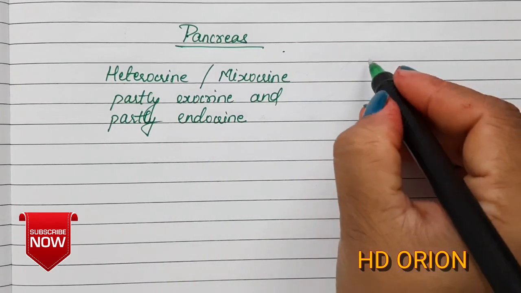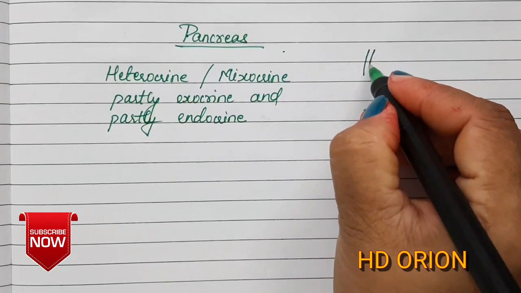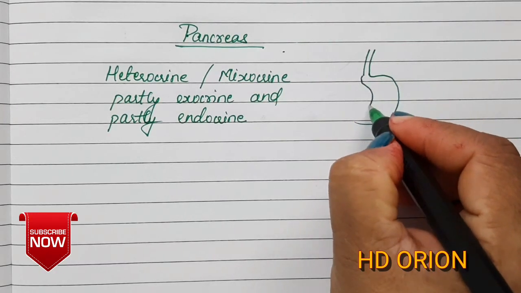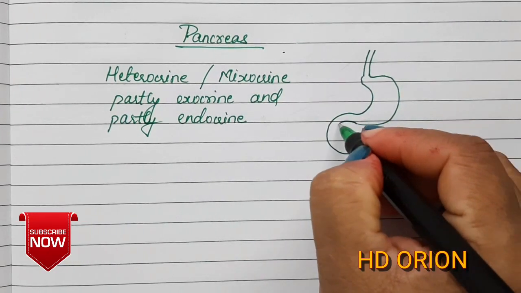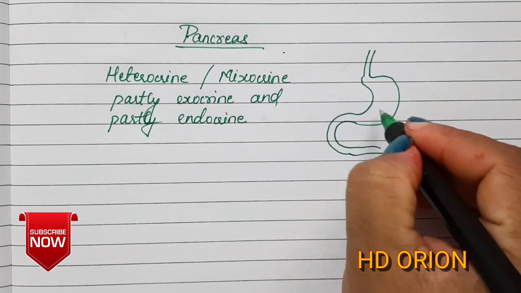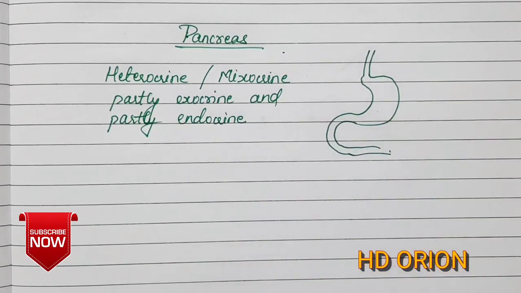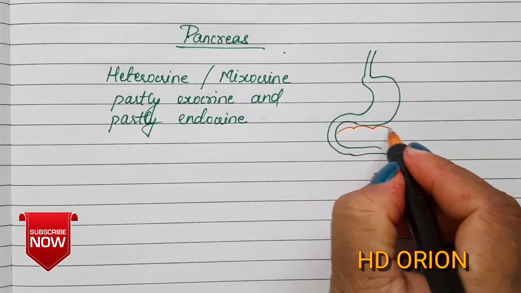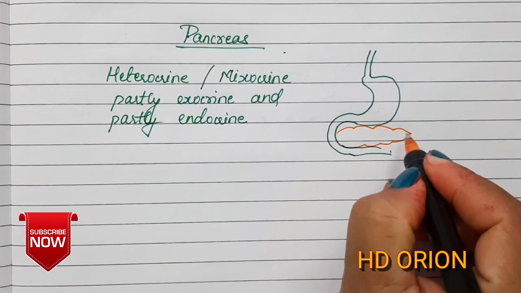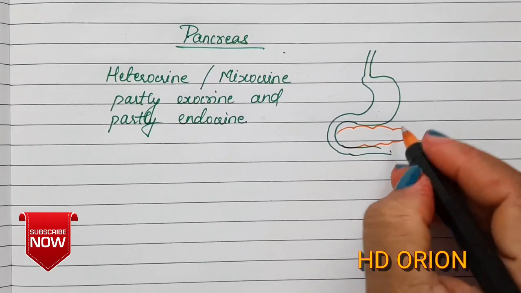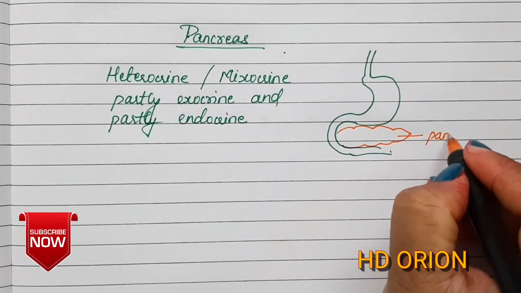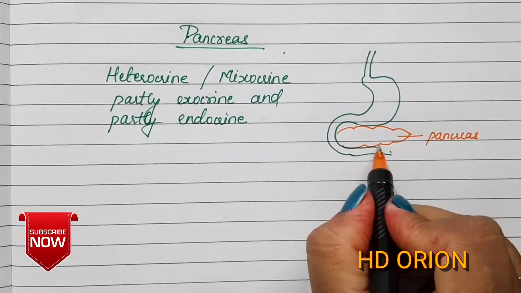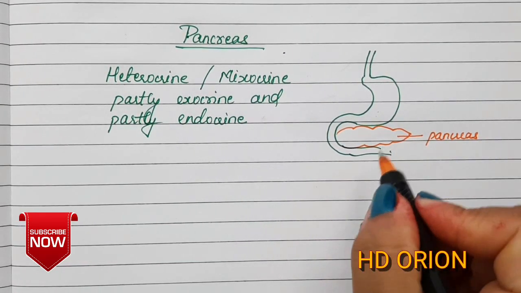Now, where is this located? If this is the esophagus which ends up in the stomach, and this is the small intestine, it is present in between the stomach and the small intestine. It is a leafy structure which is present between the stomach and the small intestine. So this is the location of the pancreas, and it is considered to be a very important gland because the